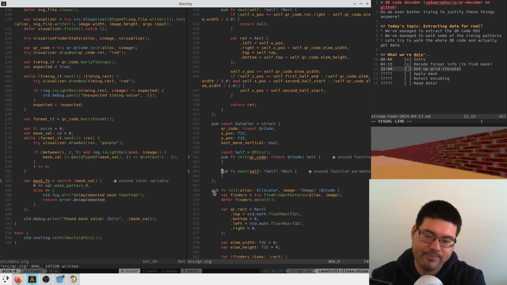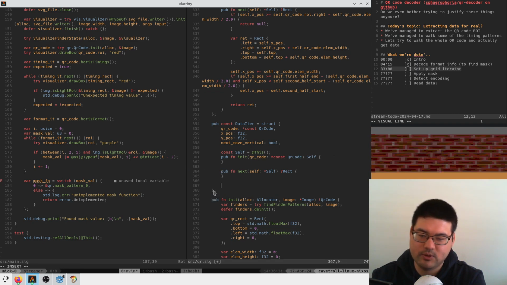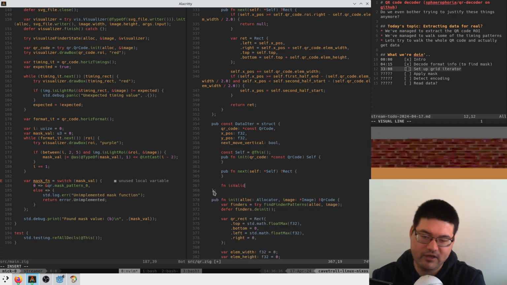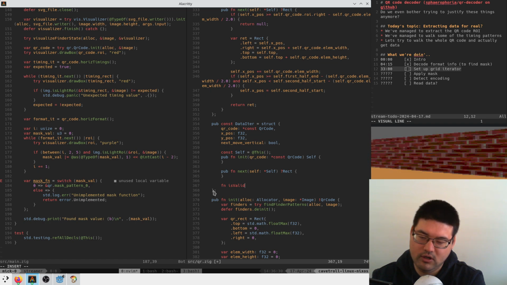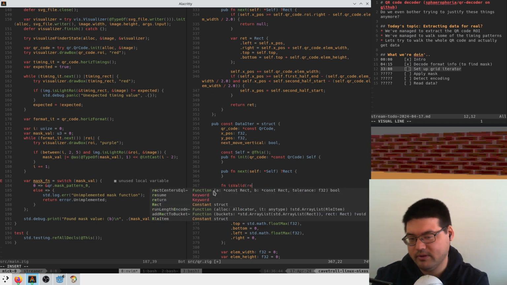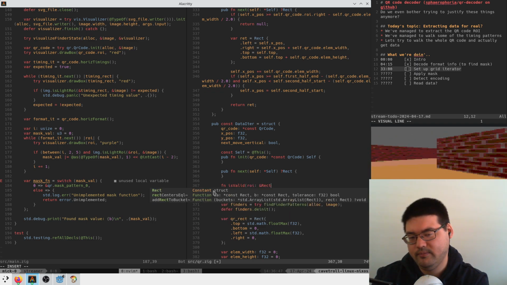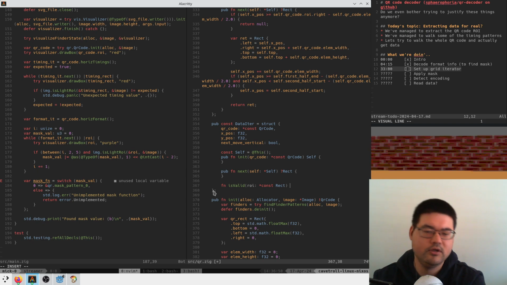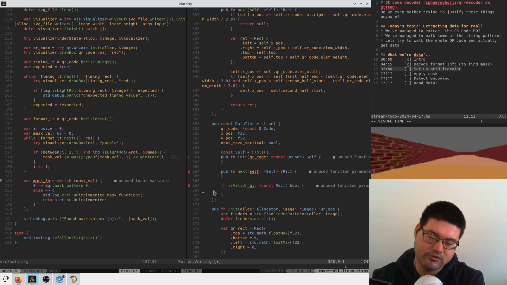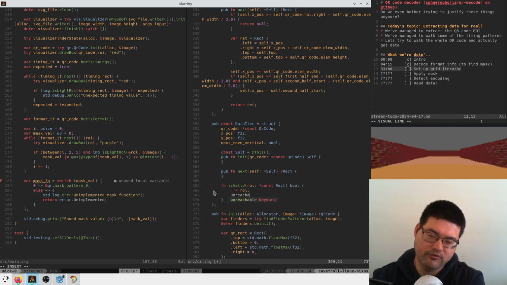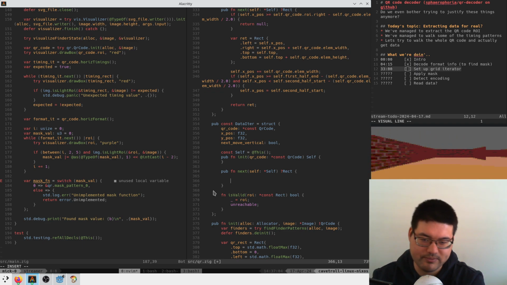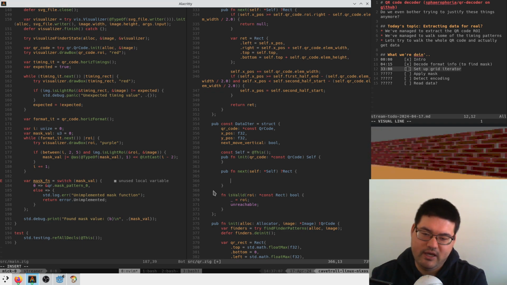Okay. And we're probably going to have some sort of function like is valid, and we're going to take in a rectangle, and we're going to return a Boolean. We'll stub this out for now, but I'm pretty sure this is going to be important. And then here we have our X position, we have our Y position, and we're going to say